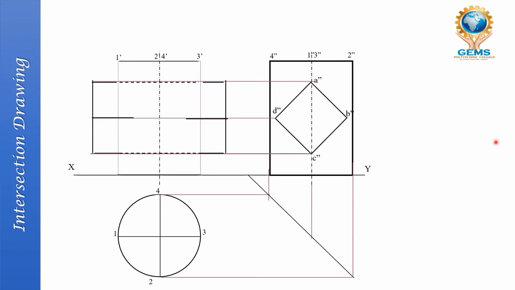So now why are these dotted lines? Because I cannot see this. It is on the back side. It is the back of the cylinder. Sorry, it is intersected inside the cylinder. I cannot see it, so it is put as a dotted line. This is the mechanical drawing rule: lines which are not visible, if I want to draw them, I have to draw with a dotted line. Okay, and the next.